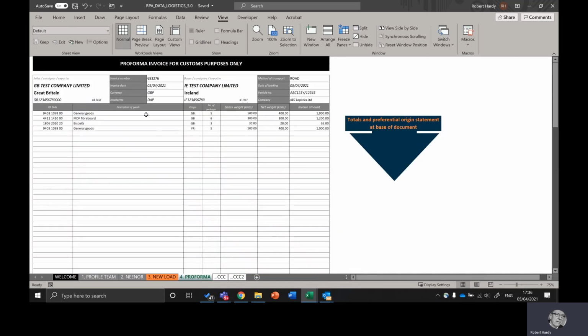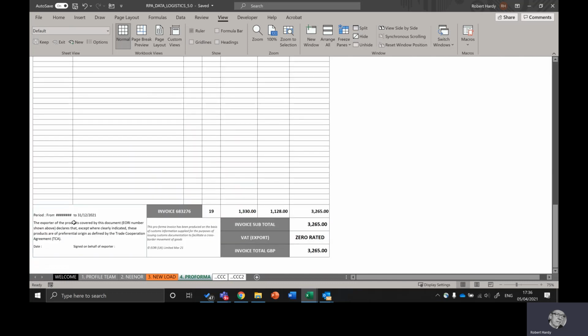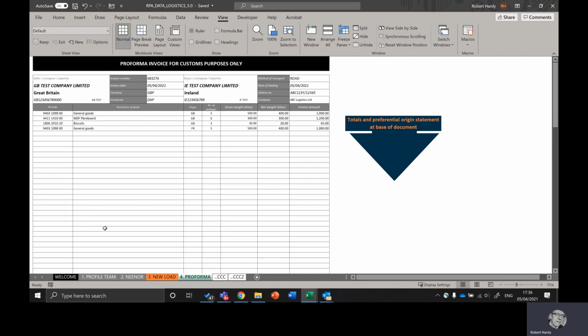Because we've got the data, we've now produced a pro forma invoice, which is exactly the same as we were doing before. The only difference was it didn't have enough lines on it before. So this one is now 99 lines long, if you happen to want 99 lines, and also has at the base of it a preferential origin statement if the goods qualify for preferential origin. Some people use the pro forma. Some guys in our office use it to actually key the customs entry if necessary,